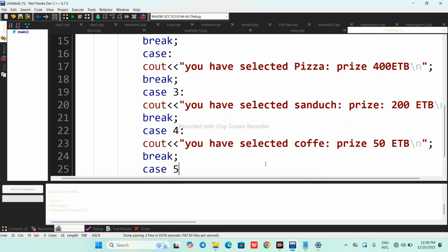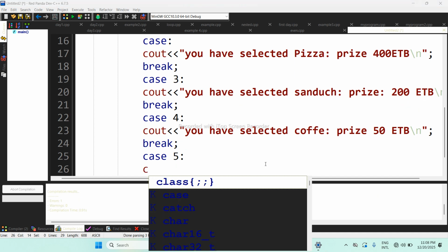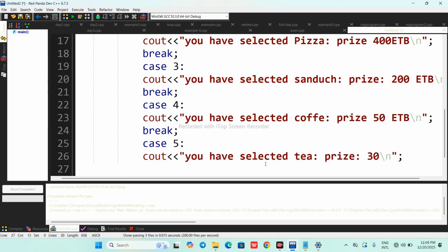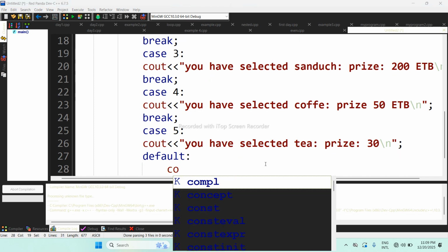Another case, 5. If the user inserts 5, simply you can say cout, "You have selected tea, and then price will be equal to 30", then \n for a new line. If there is no other option, at the end there is default. Default means if there is no other option.